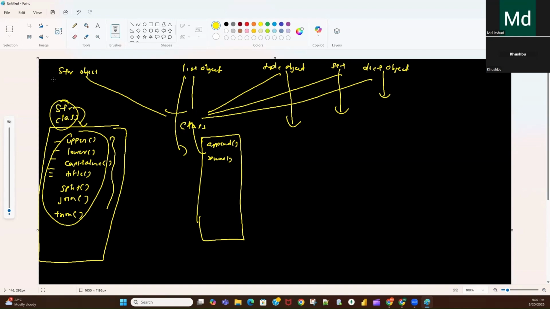Whenever we need to call these functions, for example, let's say I define first name equal to Akash Singh. If I want to call the string function, how will I call it? First I need to define the string object.